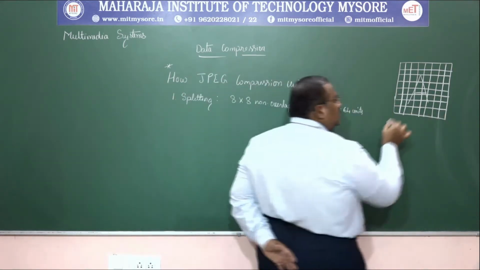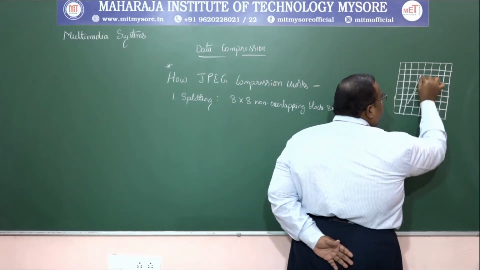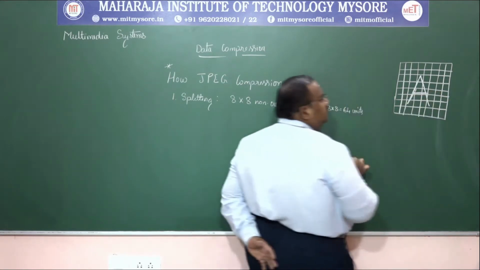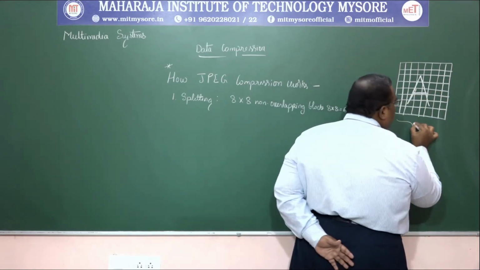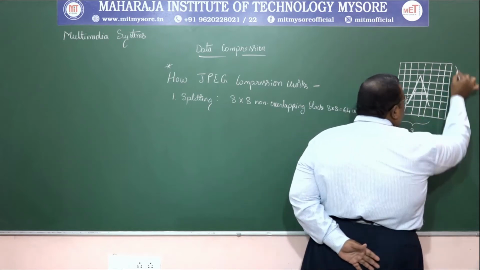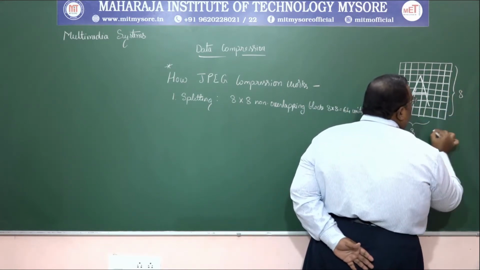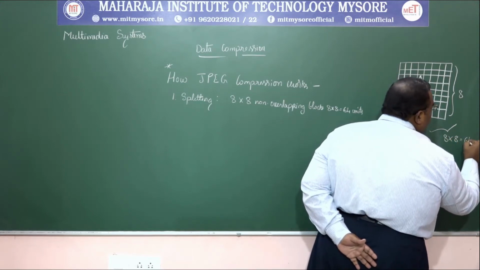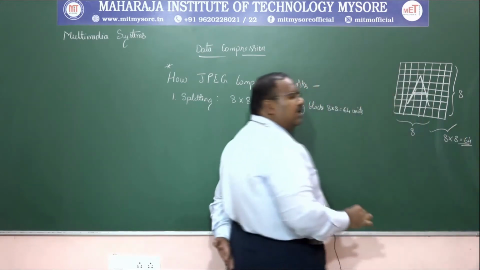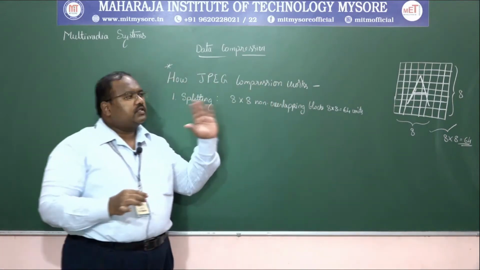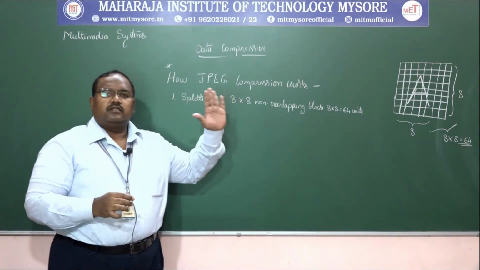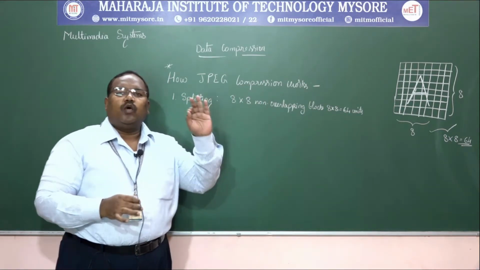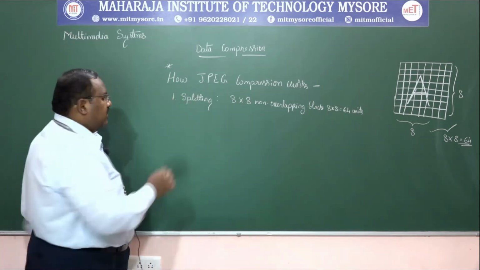Look at this. Now our letter A is here. I'll highlight it here. So here we have 8 and here we have 8, and a total of 8 into 8, 64 units are present. So this is the first step. First, we split the image into 8 cross 8 non-overlapping blocks. Second one is